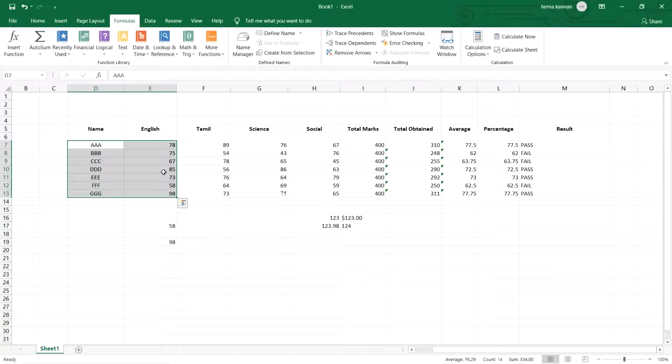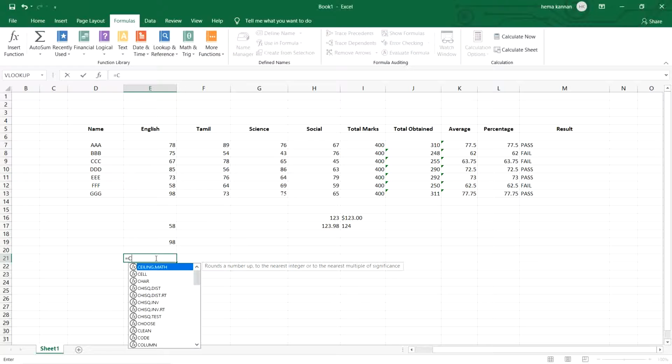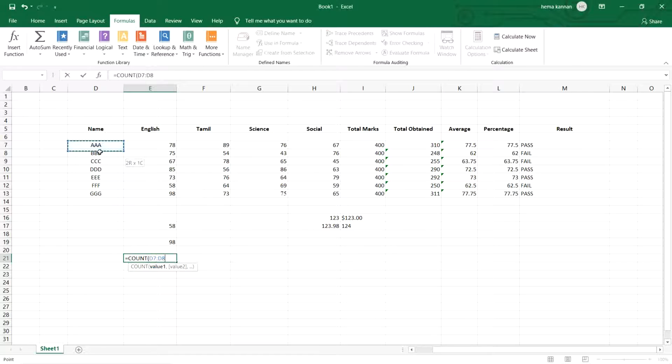In these entries I need to calculate the number of numerical entries alone. Then I can go for count formula, equal to count of, select the range where you need to apply the formula, close the bracket, enter.